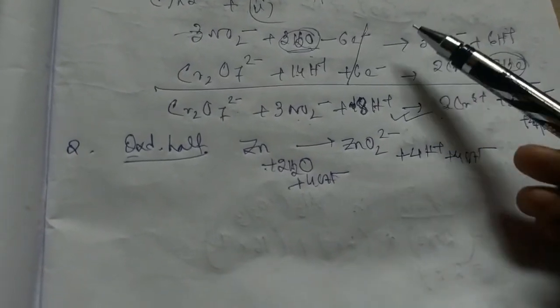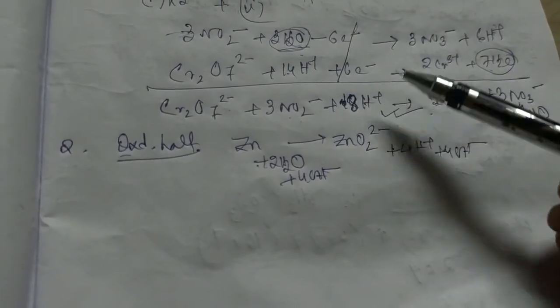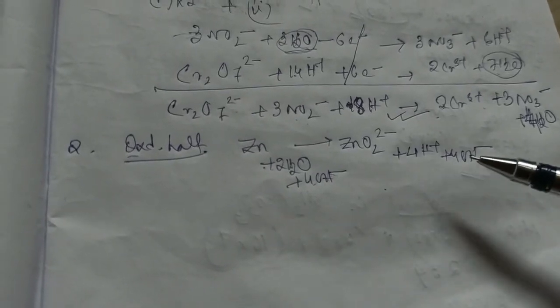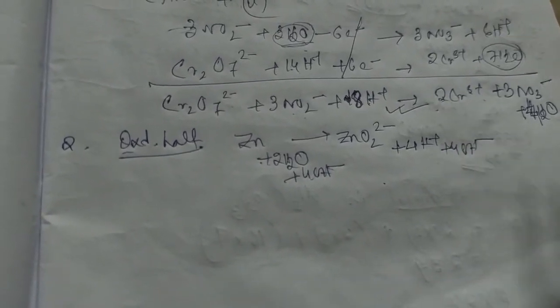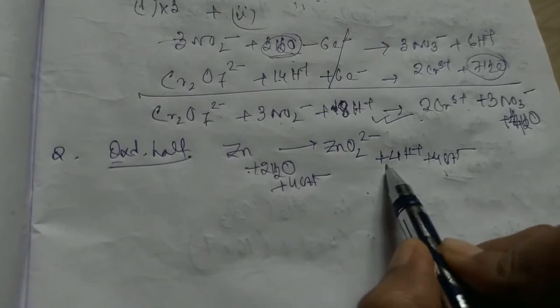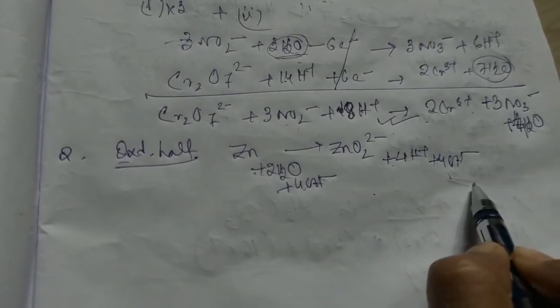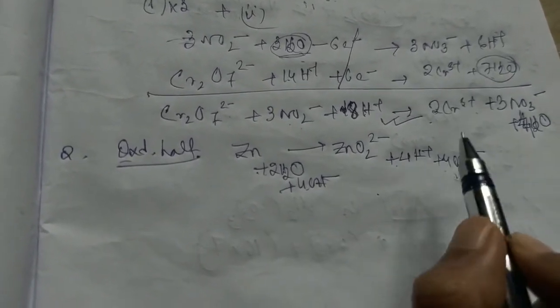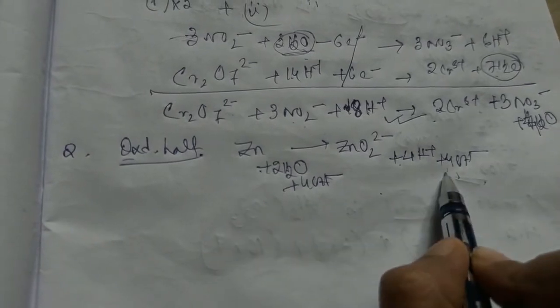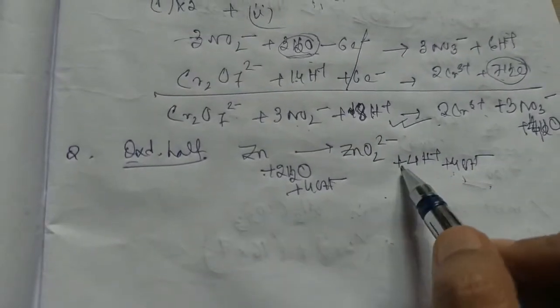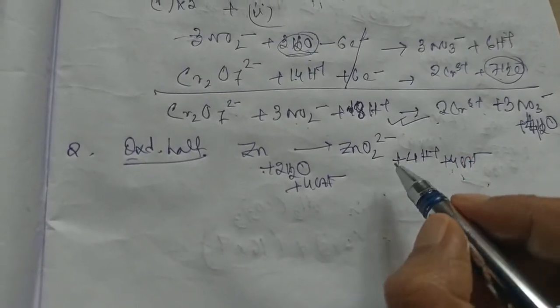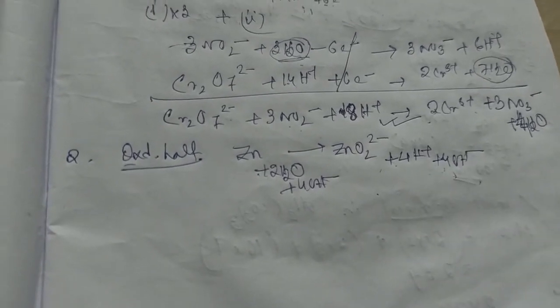The way you are thinking for acid medium, the thought remains the same. You just need to add an extra step, that is addition of OH minus as soon as you are adding H plus on both the sides. So mathematically that's correct. You are adding the same thing on both the sides of the reaction, and there is no extra step you need to think.